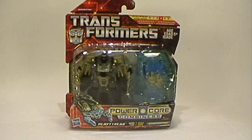Alright, today we're taking a look at a Power Core Combiner figure. This is not one of those ones that comes in the gift set with all the Power Core limbs to combine with. This is just the centerpiece. This is Heavytread. And Heavytread I actually went and looked for because Heavytread